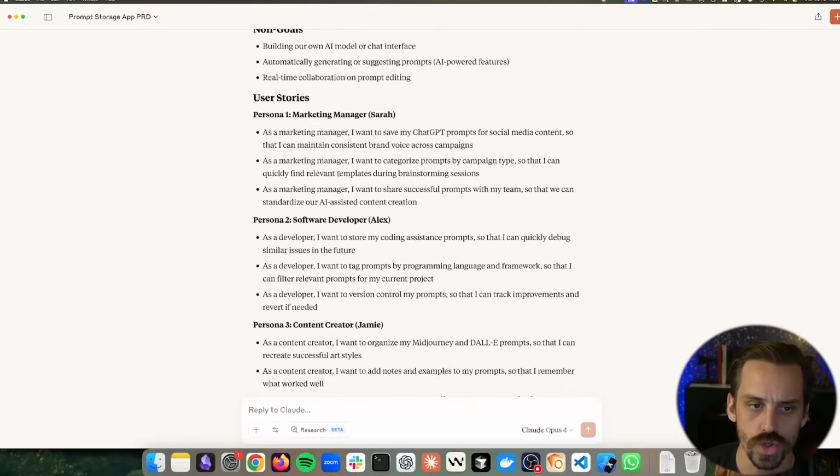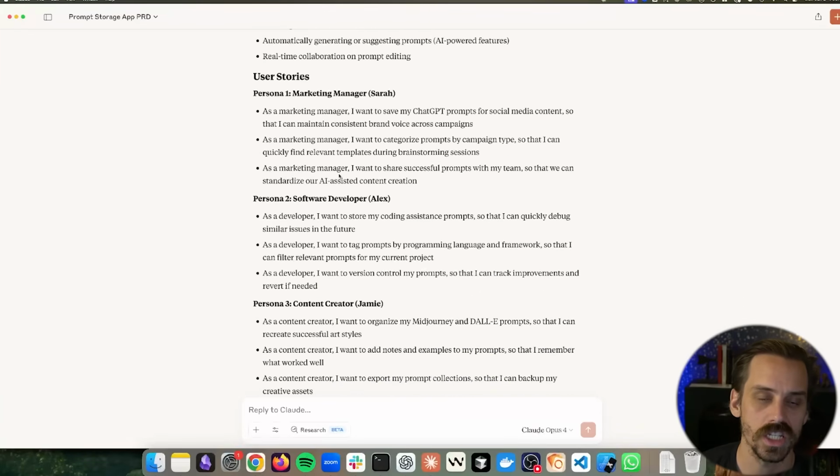Then we get into user stories. So how are people going to actually experience the app? And I think this is more of how a product manager traditionally would think about building out features or thinking about an application, right? They're going to think through user stories. So we go through here, we get some user stories, and this is helpful again because it's bringing a grounded context to what are some very specific use cases that people would have